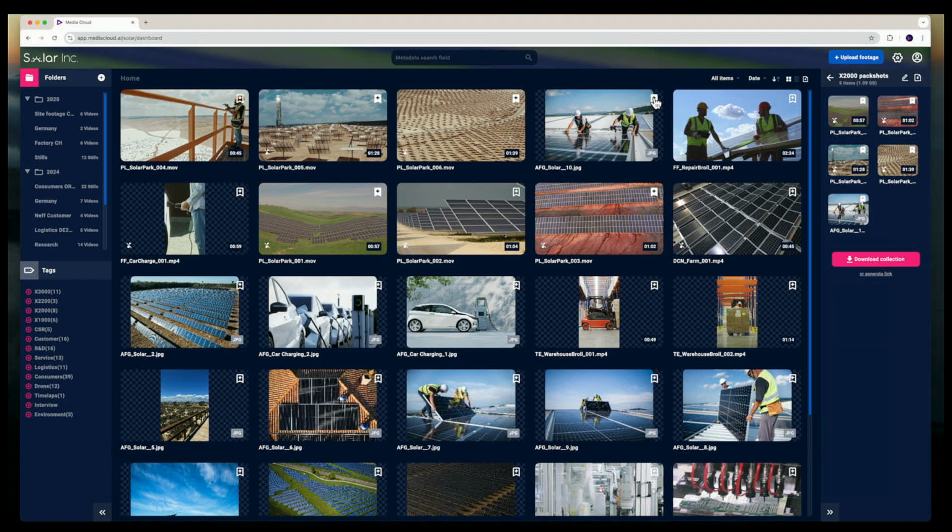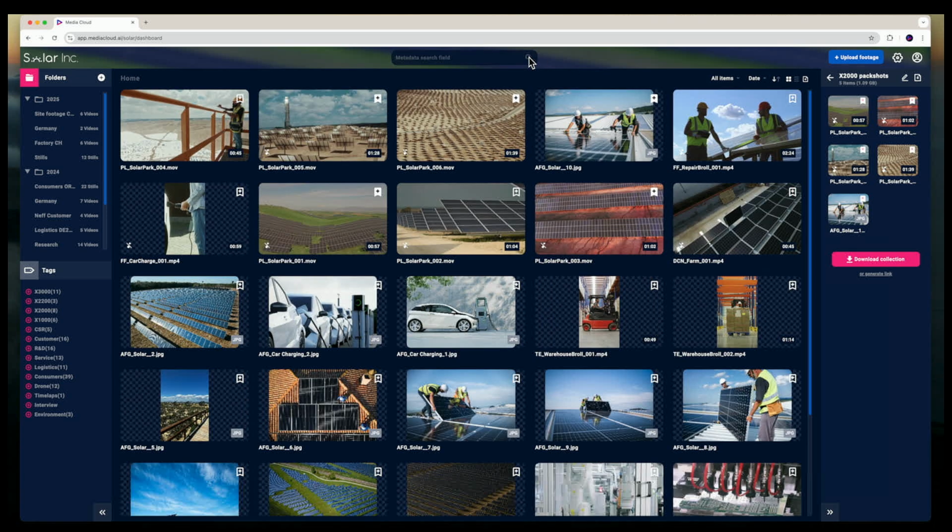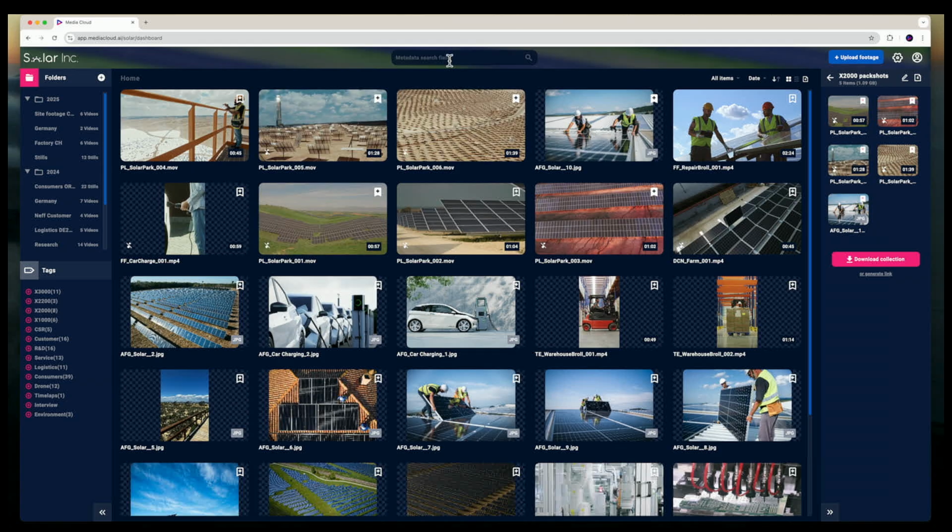On top of that, we have our custom search field up here, and you can search for something very specific by simply entering some text. We can reset that and go back to the main dashboard. Besides that, we can filter the assets that are shown, so if you want to see individual videos or stills only, and we can sort alphabetically or by the date of filming. And this combination of folders, tags, and text here at the top really enables you to find footage super fast.